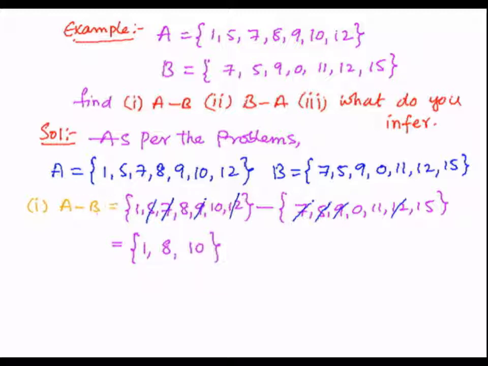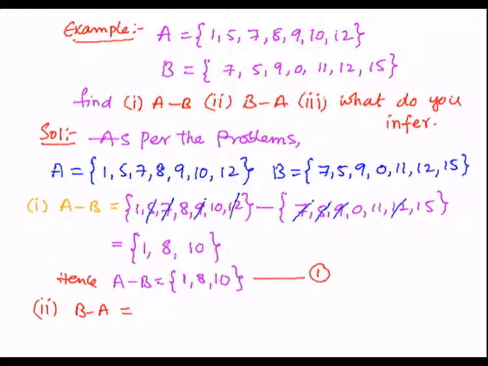So, in this manner I say here, hence A minus B is equal to the set consisting of 1, 8, 10. So, this is from the first one. Let us write it as the first equation. Now let us go for the second one, that is B minus A. So here the second one is B minus A, then that equals to